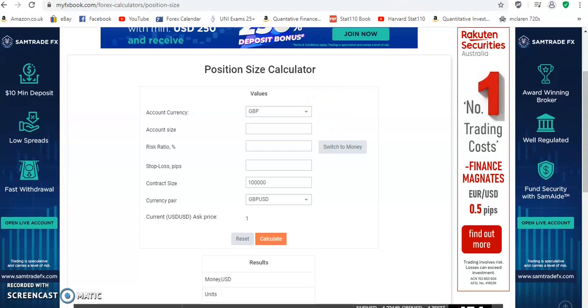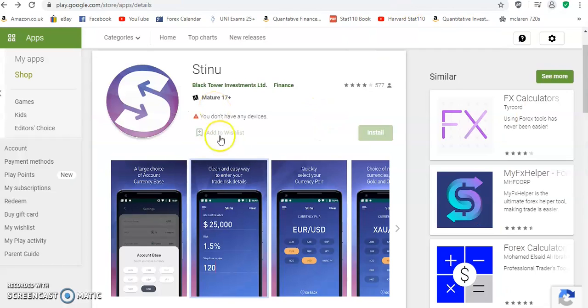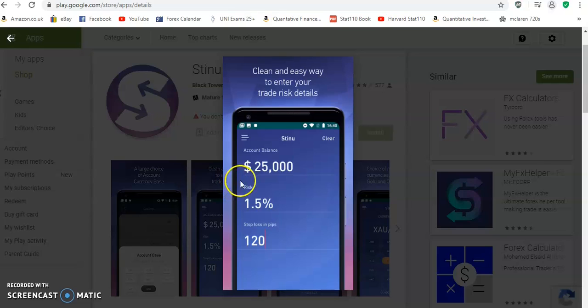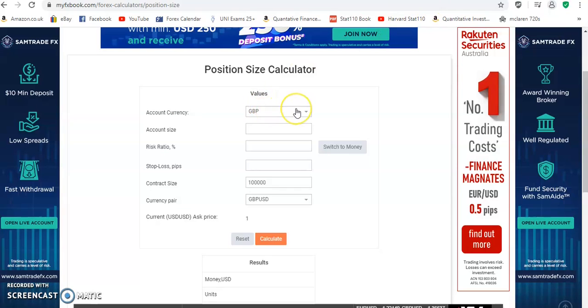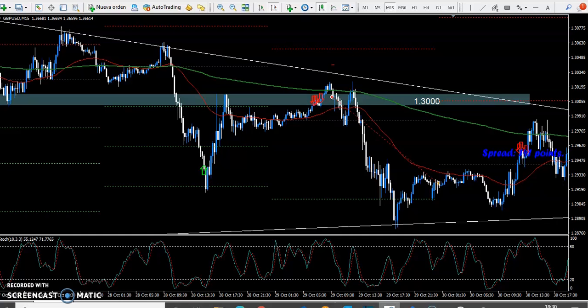Another option would be Steno. This is an app that you can download for your phone, and it works in the exact same way, just using your account balance, your risk, and your stop loss. It's also going to ask you for the pair that you're trading and your account currency, but we'll get into that later on. So if we go over to our live example here, I'm first going to explain